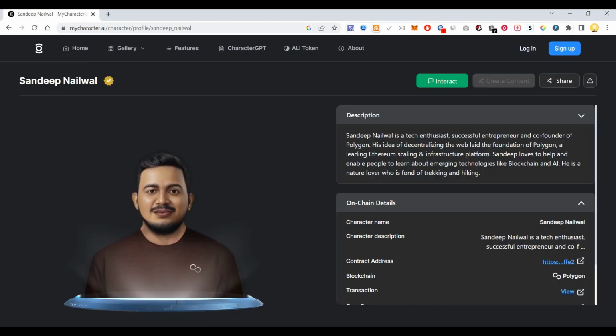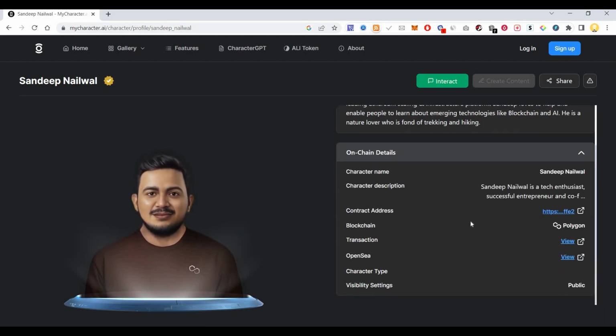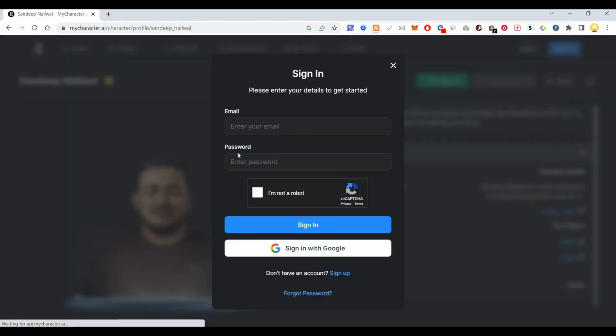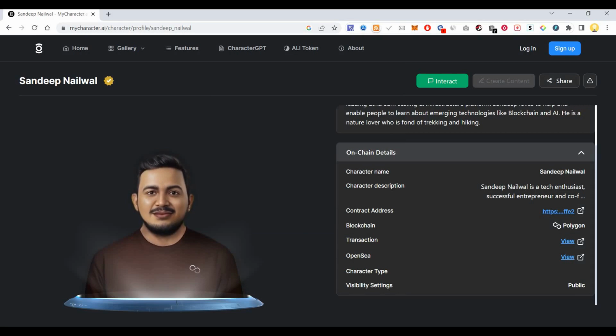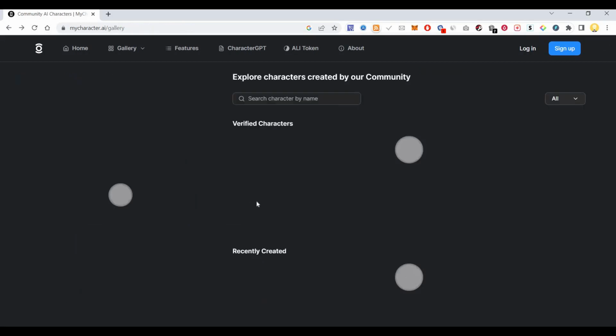That character will also display some of the traits you have created there, and it will talk based on that. Now if I try to interact with this person, I need to log in. After I log in, I'll be able to interact with this person. You can ask everything about Polygon to this person, and that person will respond in such a way.